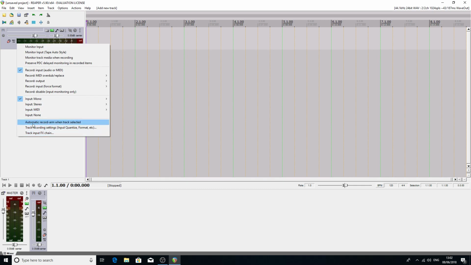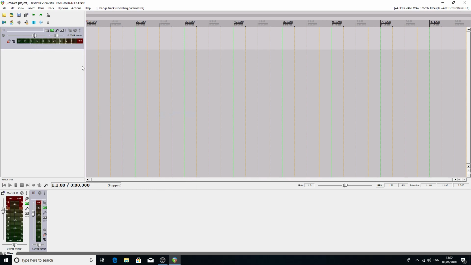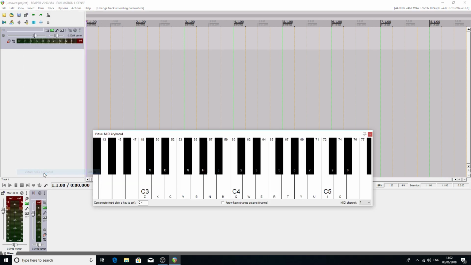If you're not a musician, you may not have a MIDI keyboard. So you can go to Input, MIDI, Virtual MIDI Keyboard, all channels. So let's do that. And in Reaper, there is actually a virtual MIDI keyboard. And there it is. Which means that if I say,